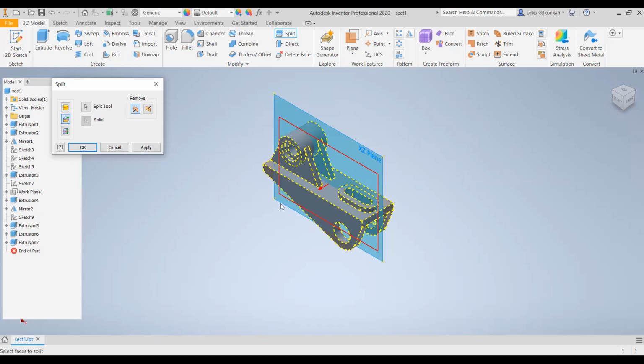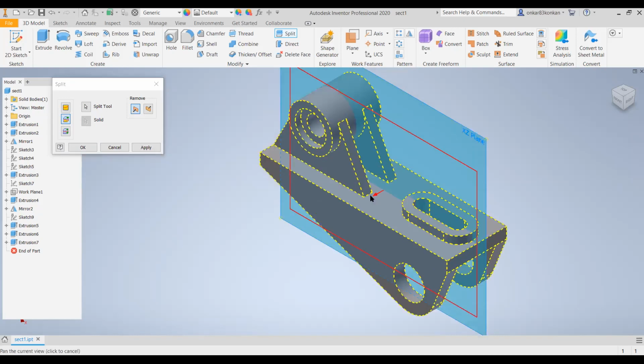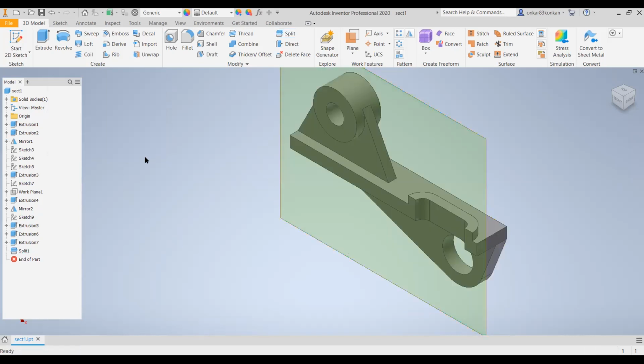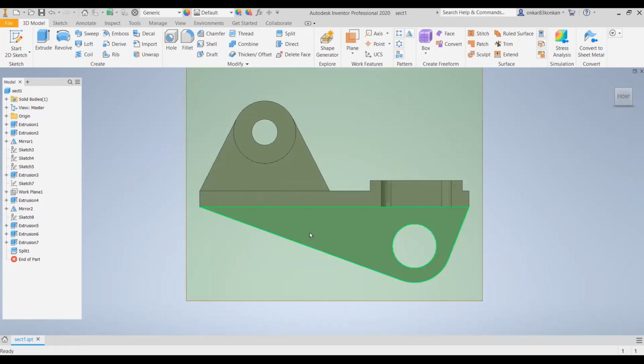This portion, which is represented by this arrow, will be removed by the section, and the portion which is away from the observer is to be retained. You can observe here, once we remove the portion by this section plane, this is the remaining portion. For this remaining portion, we will draw the front view. That will be called a sectional front view. So this is the sectional front view.